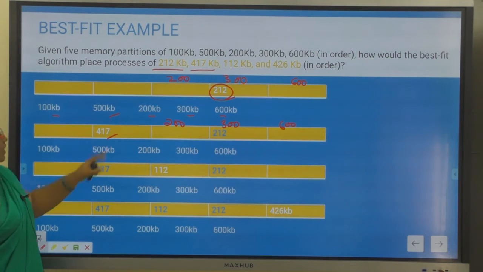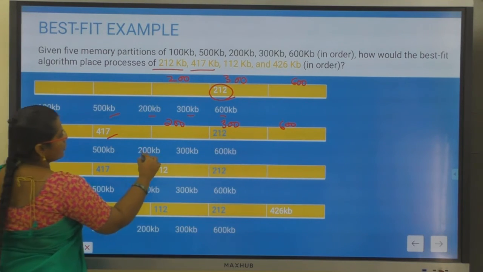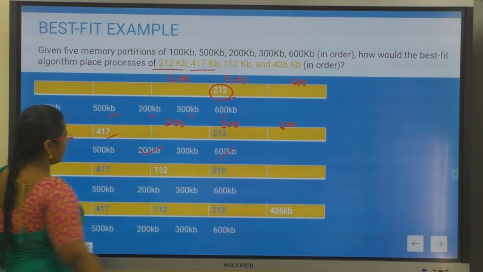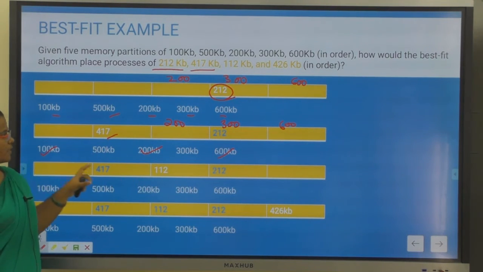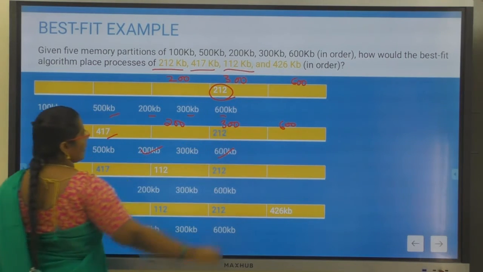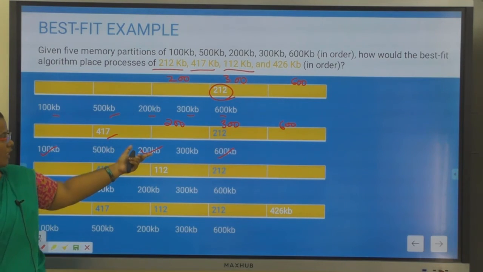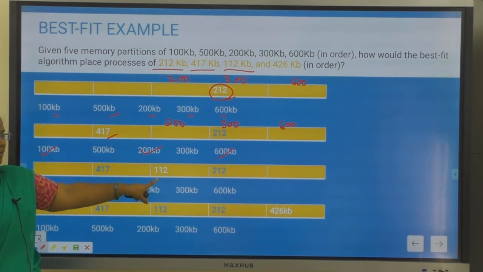And then we have the next process, 112. The available free spaces are 100 KB, 200 and 600. Out of these three, the smallest one is 100, but the next process size is 112 KB, so I cannot store it in 100 KB. I am going with the next smallest one, that is 200, which is capable of storing my 112.